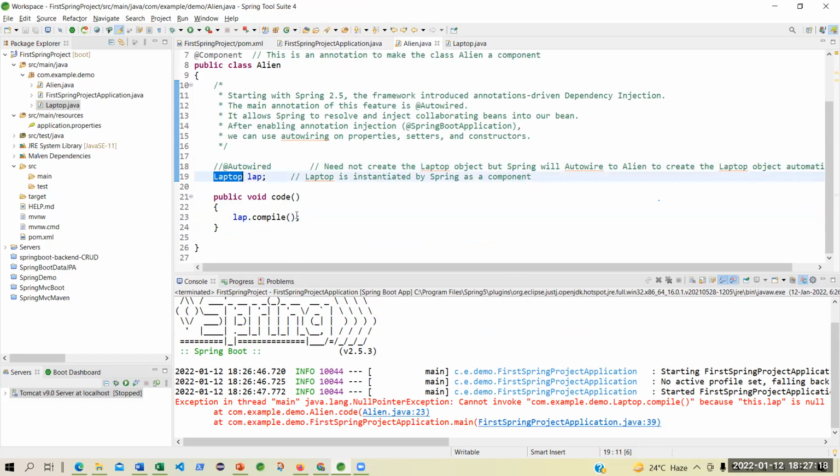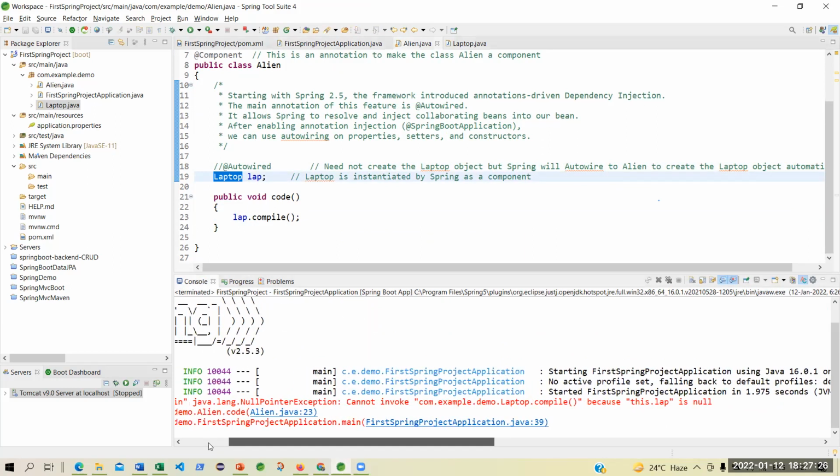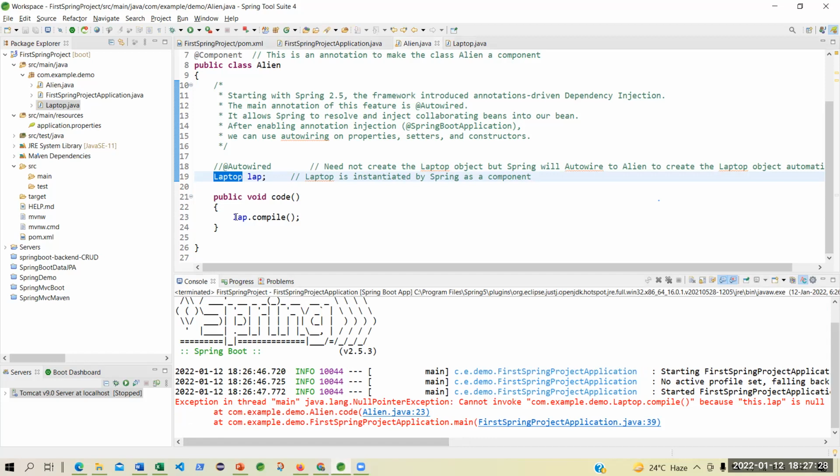That's why it is not finding it. It is getting an error because this lap is null. You have declared only, you have not defined. How will you define it? You have to inject it with the entire class. Then only it is defined. You are getting the beauty of it.